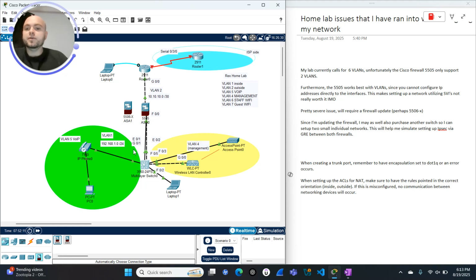After I have this set up and can verify that everything's working as intended, I will set up my home lab to basically replicate this. This is the setup I want. So I hope you enjoyed this video, and